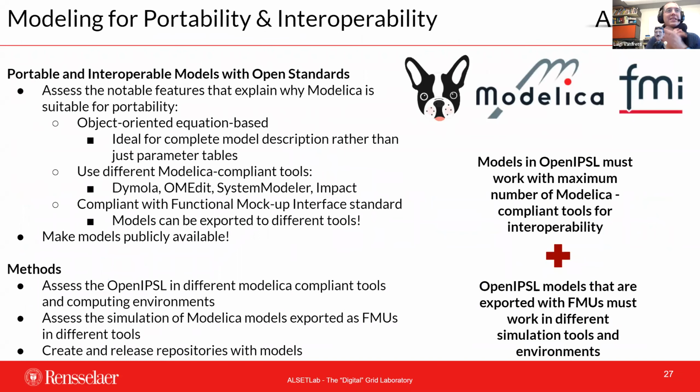All right, so that is the last part of the presentation. So now that you have a nice library, Luigi, and you can move models around, what can you do? Well, we can take advantage of these portable and interoperable models with open standards. So we can use the object orientation to parameterize our models. So for example, we actually take the results from PSSC or from a tool called GridGo and parameterize our models directly. We can use many tools to run those simulations, and we can use the FMI standard.